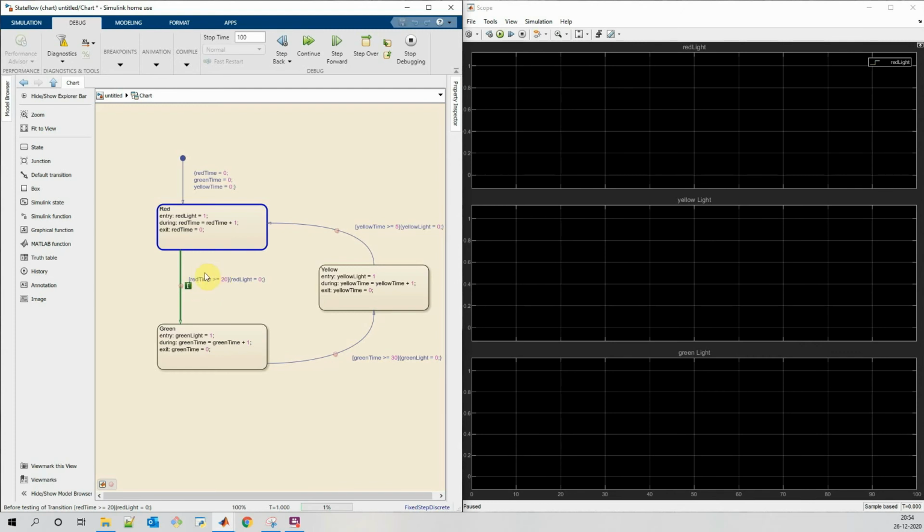Then if this particular exit condition is not true, at that time it will again execute what is present in during. It will do the same thing again and again. It will check for exit condition. If condition is false, then whatever is written in during will be executed.